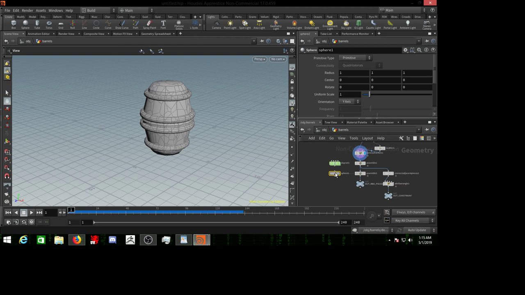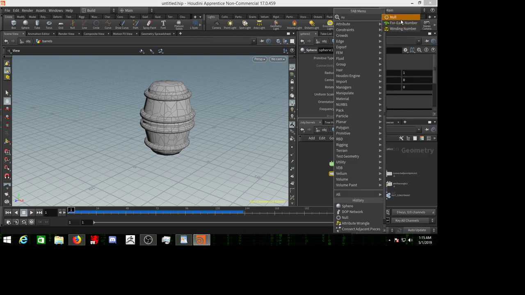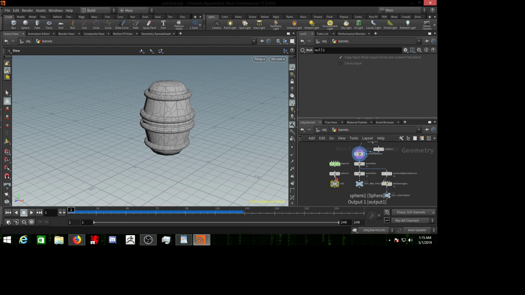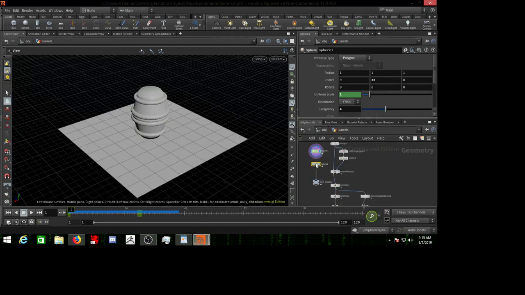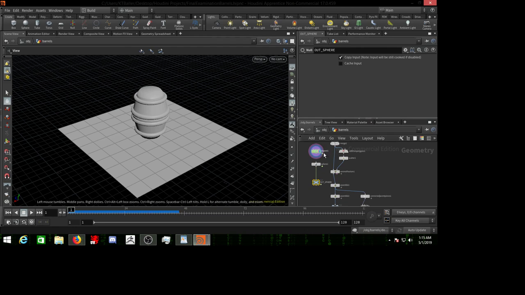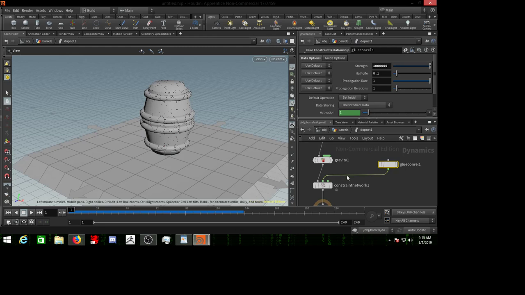We'll go ahead and make it a polygon. Just increase the frequency a little bit. 4 is fine. And we'll go ahead and make a null node. Connect that to the sphere. And we can just call it out sphere. Okay, I think that's good for that. Let me make sure. Yeah, that's good. Okay, so now we'll go back in the DOP network,